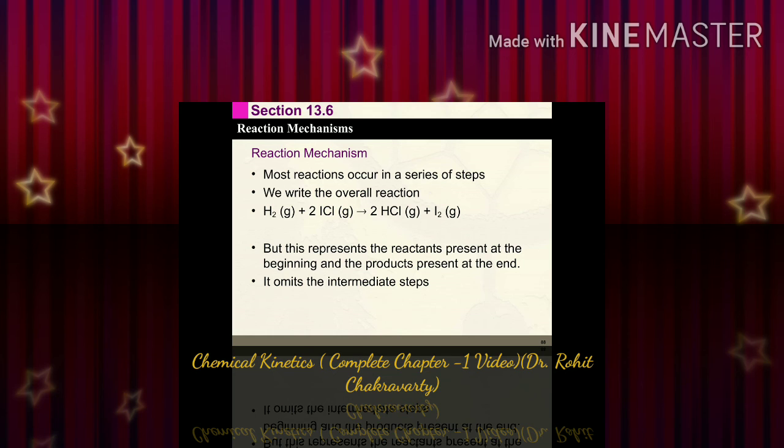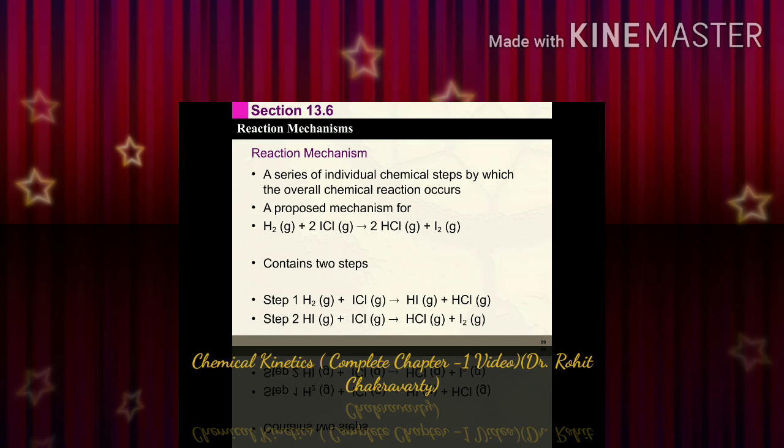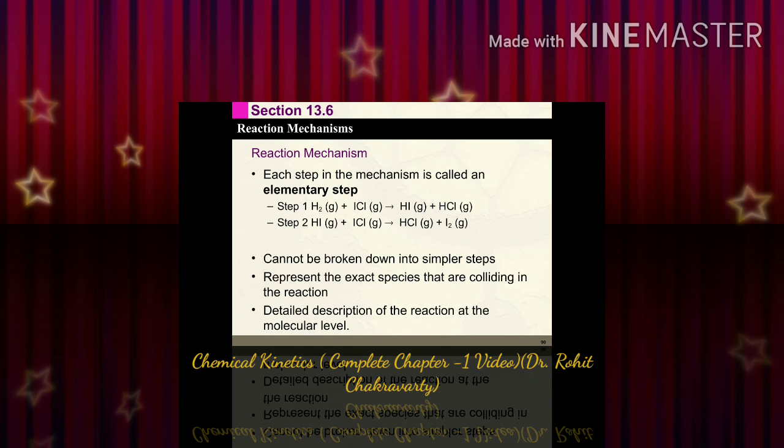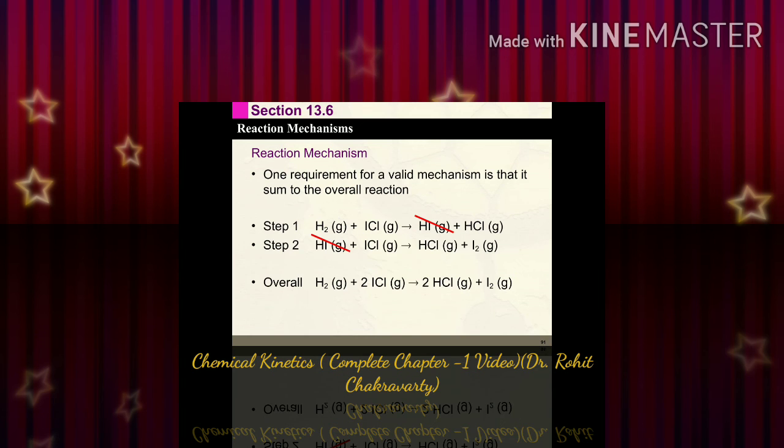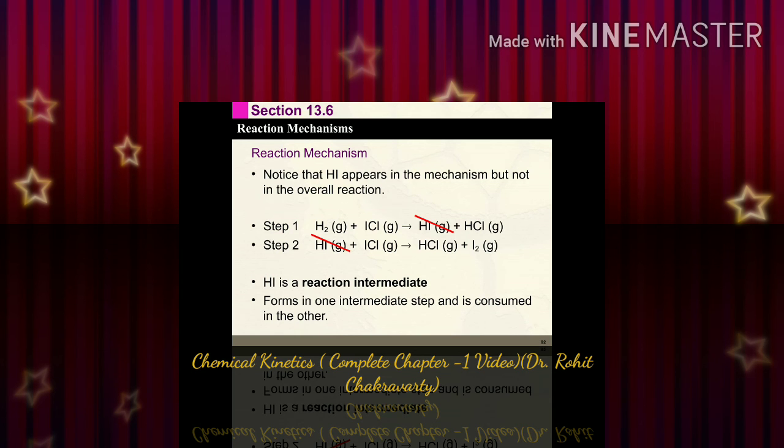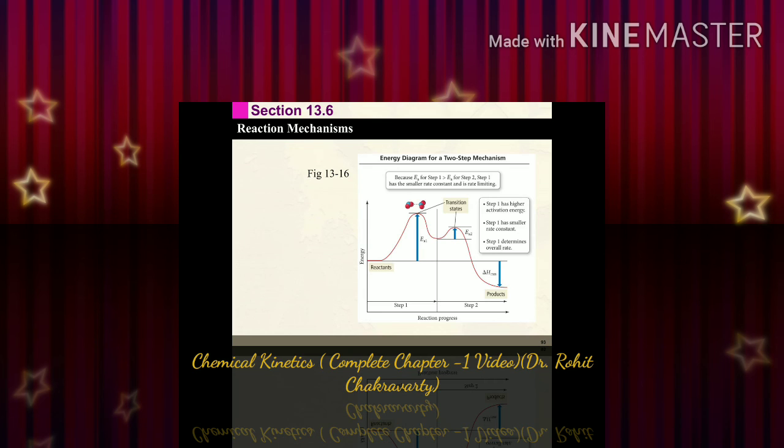Now this is about the reaction mechanism: how the reactants actually react with each other, what is the actual mechanism behind the reactions. Here I have given an example of the reaction of hydrogen with chlorine, which results in the formation of hydrogen chloride. Moreover, the reactivity also depends upon the reactant, like when hydrogen gas reacts with iodine chloride, HI formation will be there and there will be HCl. This is the reaction scheme, the reaction mechanism.